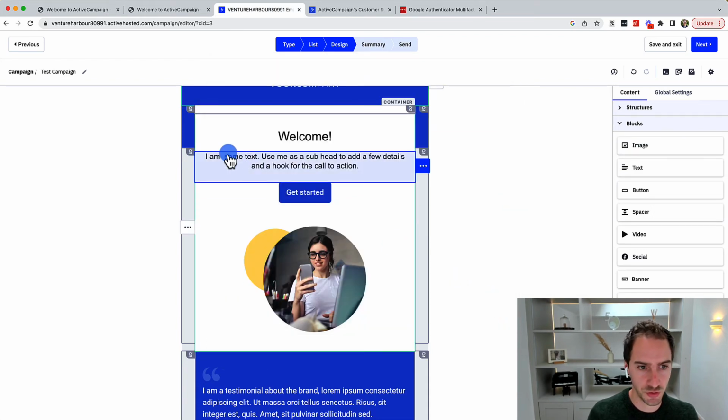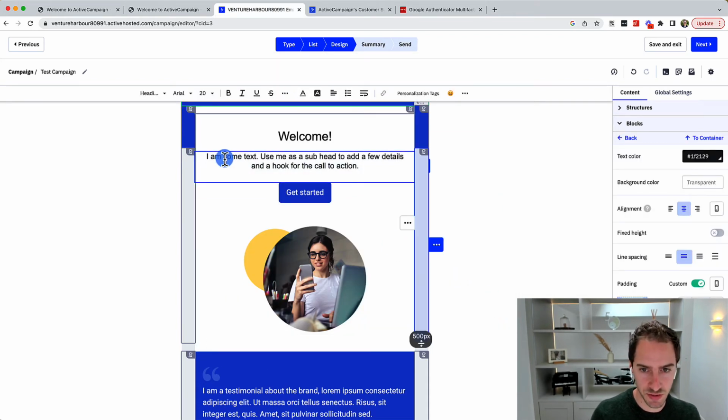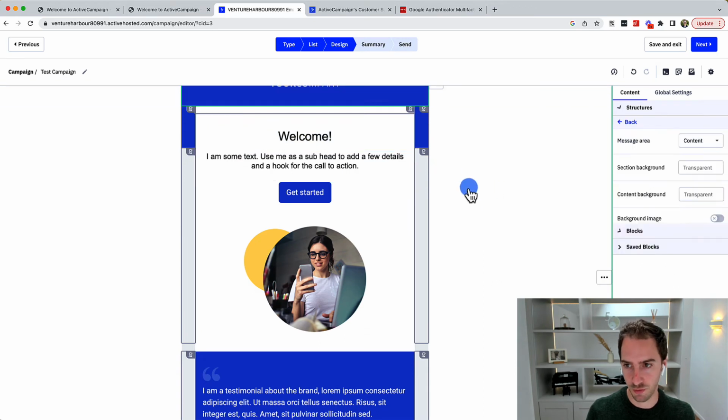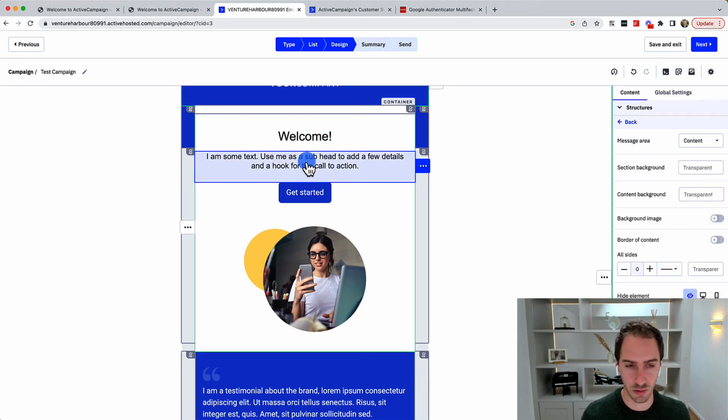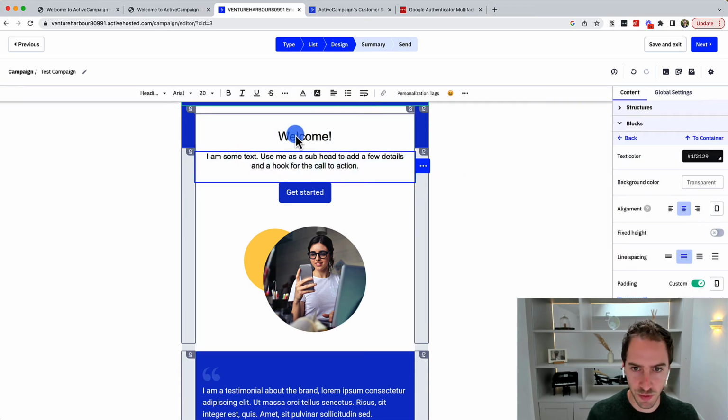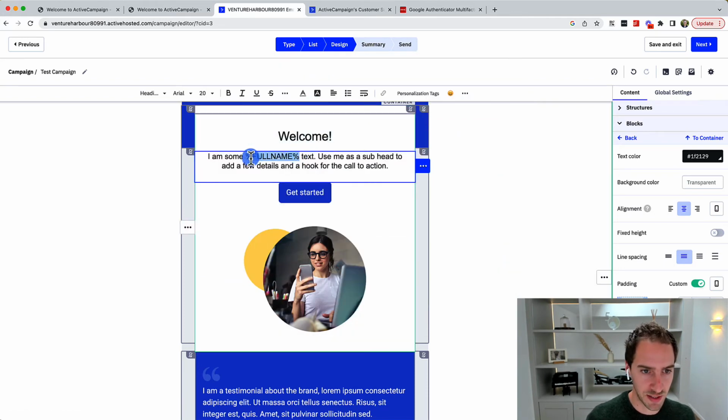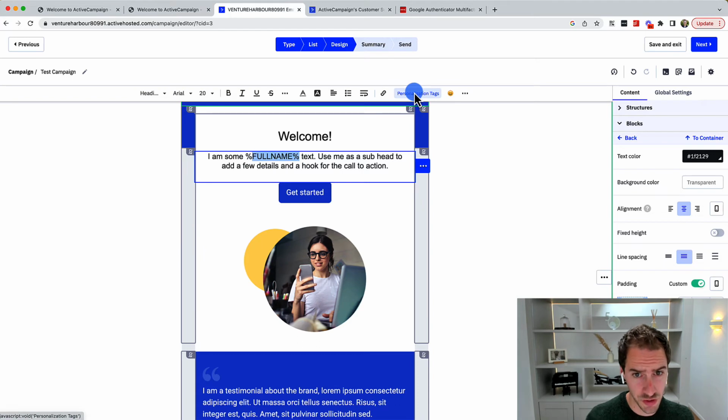But it's not limited either. There are some pretty advanced things available that are not immediately obvious that I'll point out. So the first thing is personalization tags. So we can insert personalization tags. You can also create your own personalization tags. We'll touch on some variables in a second. We've got emojis,